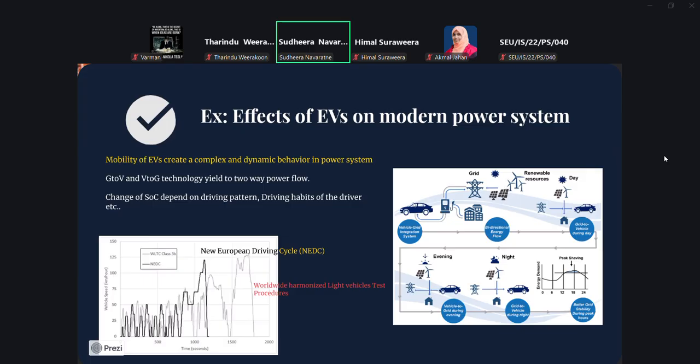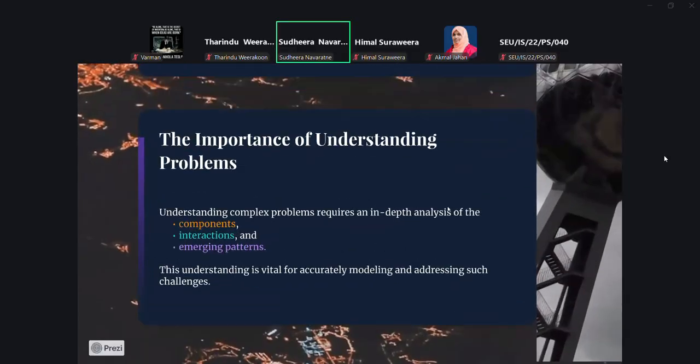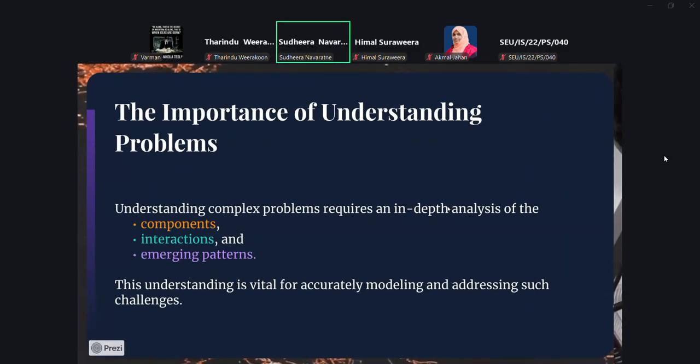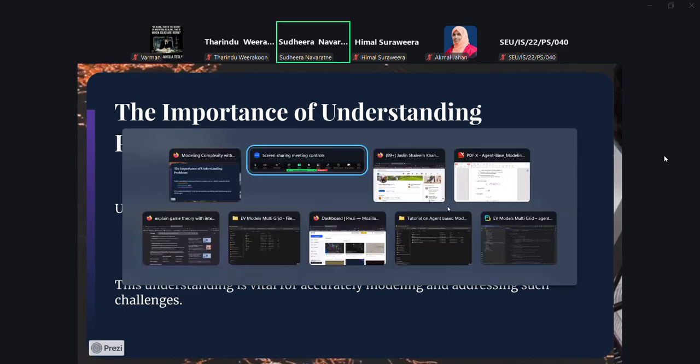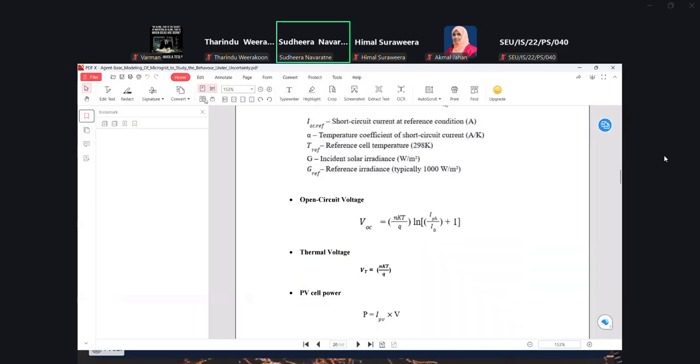And you have electric vehicles, and you can have battery energy storage. So those are the different components in a microgrid. You have to identify these components, and when it comes to agent-based modeling, you can model these individual components as agents. I will quickly show you some of the work done by my undergraduate students.